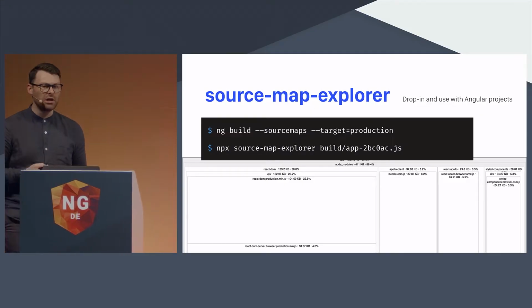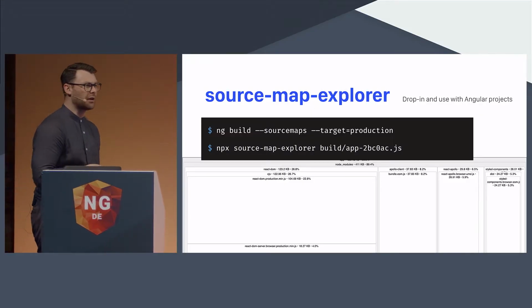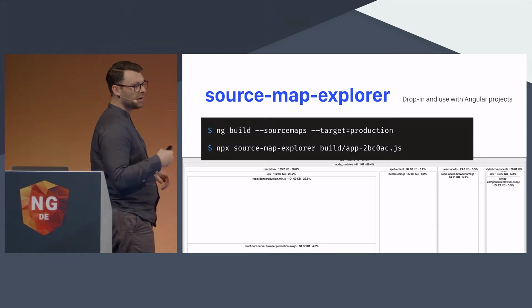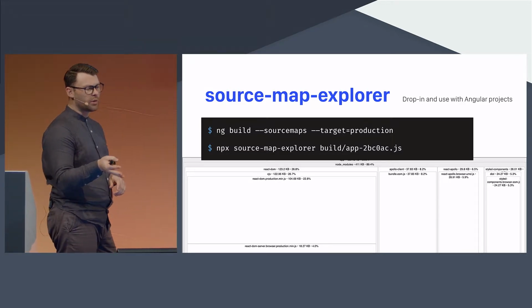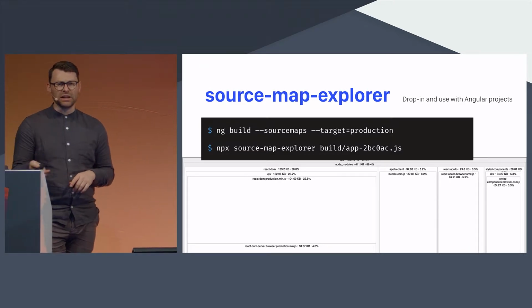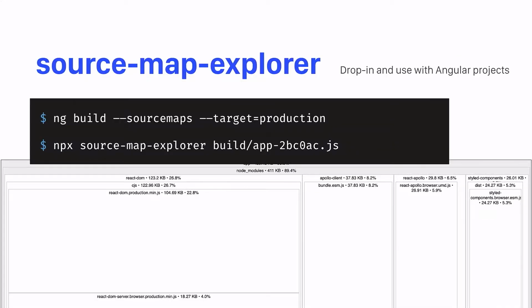Same goes for the Source Map Explorer, which is maybe the one that you would choose if you're on an Angular project. ng build will automatically export source maps, I believe, so you don't actually need that flag unless you're targeting production. I think then it gets turned off. But then you can go and run it on your built app file, and again, you can go and explore